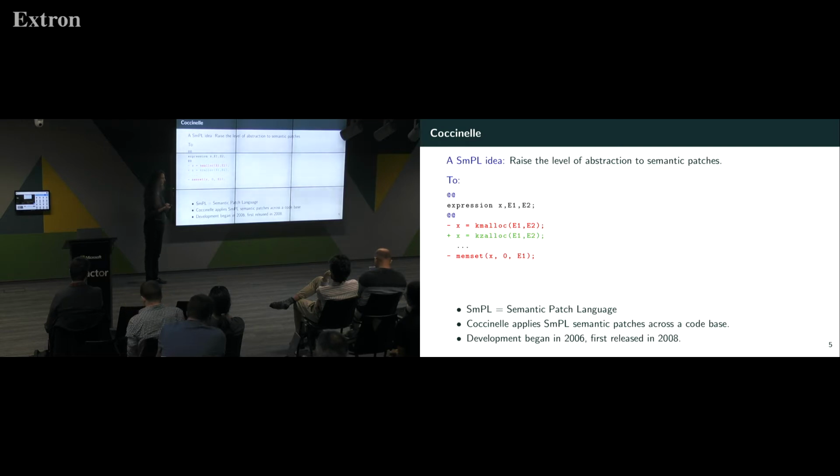But there's a bit more to it than that, which is that it's actually moving over all possible control flow paths. And so we're checking that this kmalloc is actually always followed by the memset. But we don't know anything about aliases, we don't know anything about data flow, and things like that. So it doesn't have that aspect of the semantics built in. Okay. Is that clear enough?